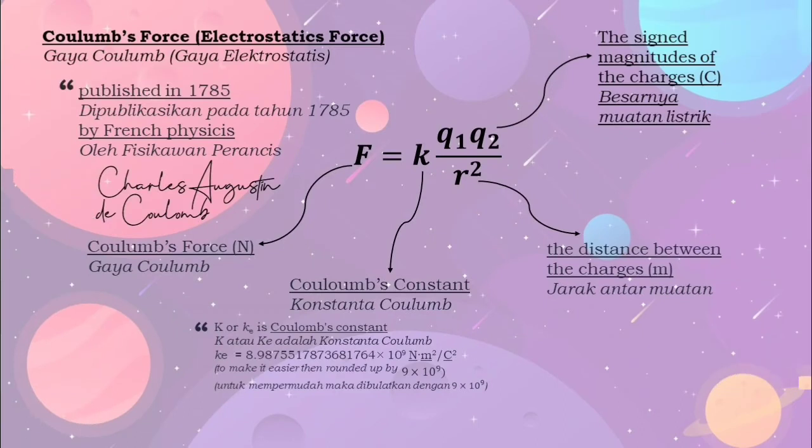Number 1 is Coulomb force or electrostatic force. The equation of Coulomb force is F equals k, the Coulomb constant, times Q1 Q2 per R squared. The Coulomb force was published in 1785 by a French physicist, Charles Augustin de Coulomb, and the Coulomb constant is